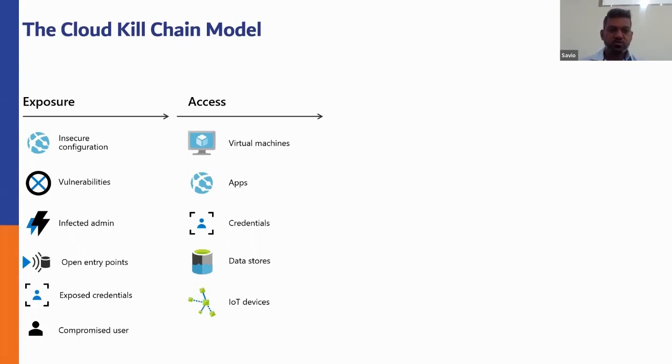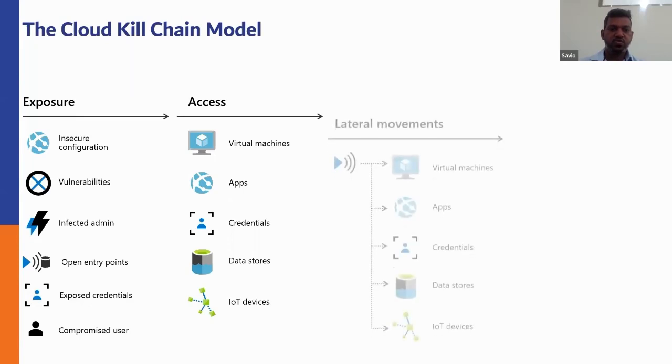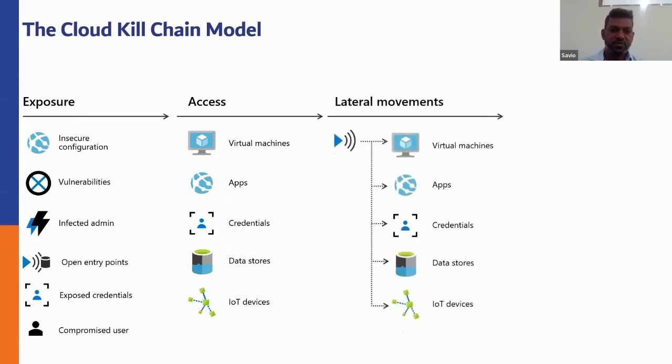Now, once it reaches this stage, it goes into a lateral movement stage from there on, wherein the attacker discovers what resources they have access to now and what the scope of the access is. So successful attacks on instances give attackers, for example, access to database instances or any other sensitive data or sensitive information lying inside the data services. The attacker can then search for additional credentials,